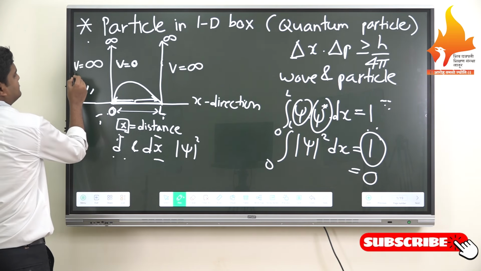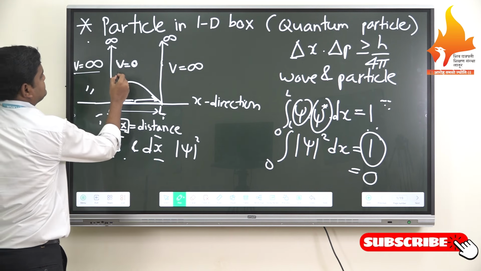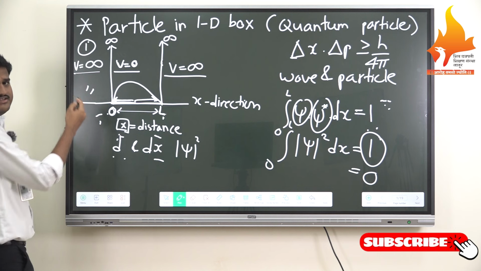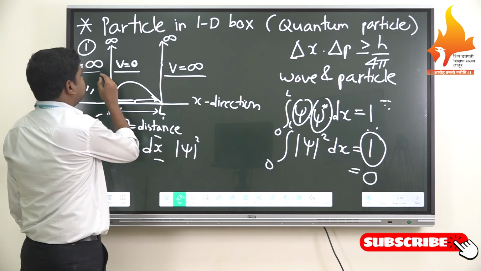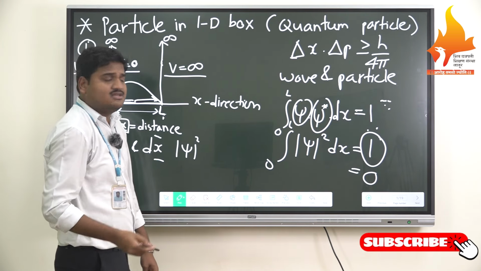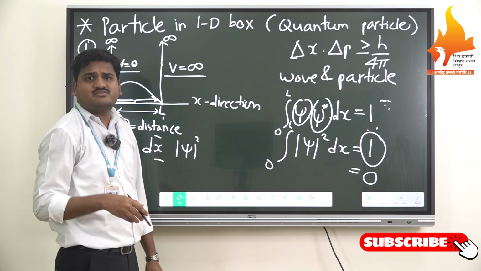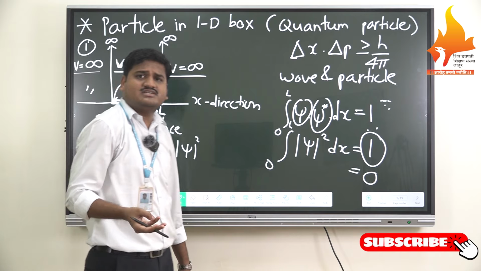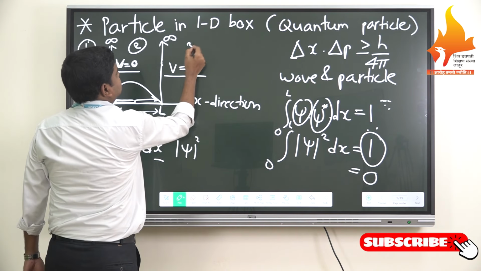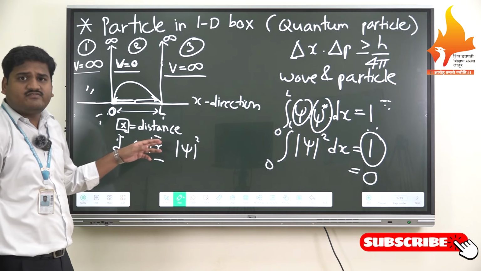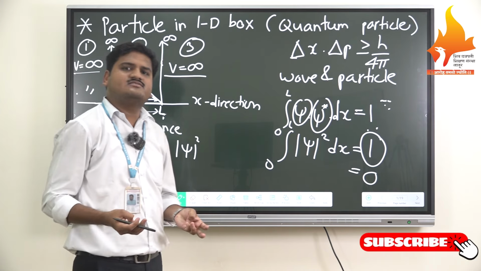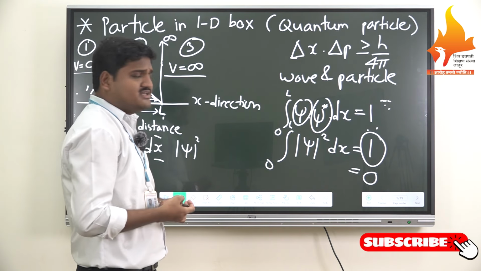So here there are three regions. In region 1, the potential is infinite. In the second region, we consider the potential to be 0. Why we consider the potential to be 0, we will see in the Schrodinger wave equation. Then in the third region, we consider the potential to be infinite. So we can calculate the Schrodinger wave equation and find the energies of the particle,